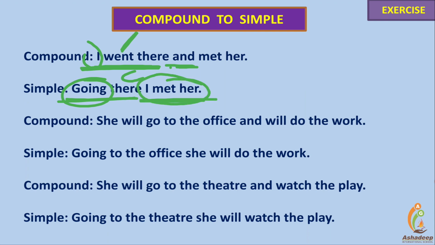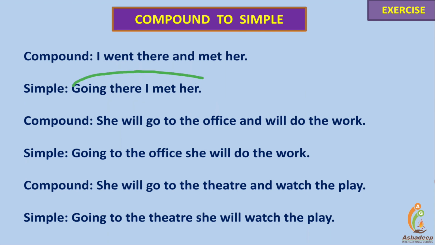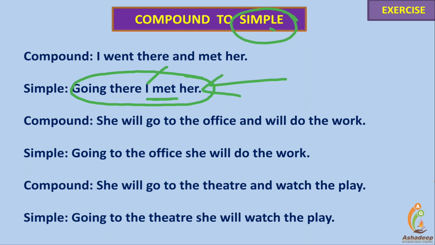It remains the same. So overall, friends, the whole sentence has only a single subject I, and met is the only finite verb, and that's why the sentence is called a simple one, having only a single subject in the whole sentence. Going there, it's the phrase. It does not have a subject.